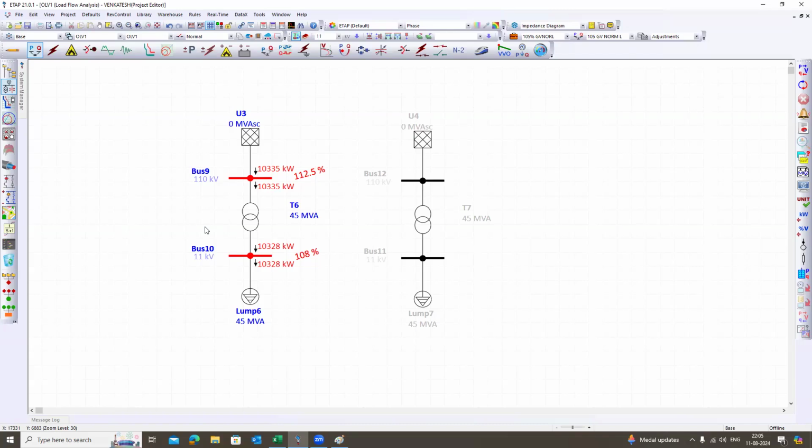So with this, we can complete the load flow. So probably our load flow is completed. There are so many topics in the load flow, but I tried to cover the major topics with respect to the load flow. So if you have any doubts,